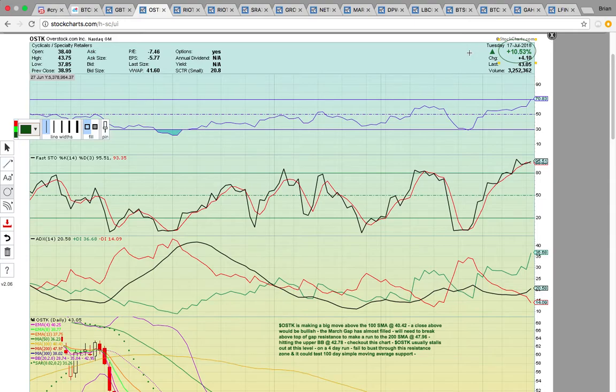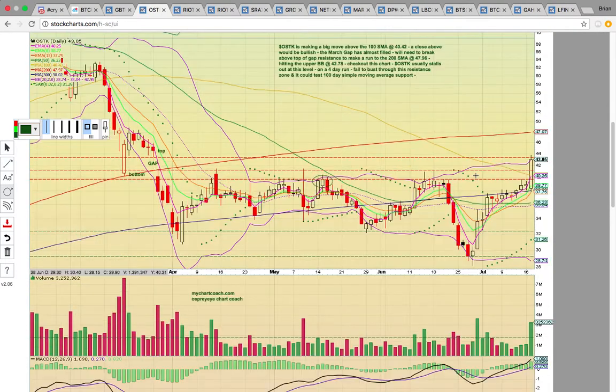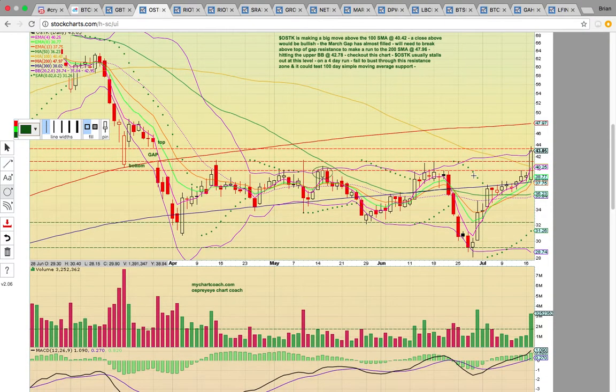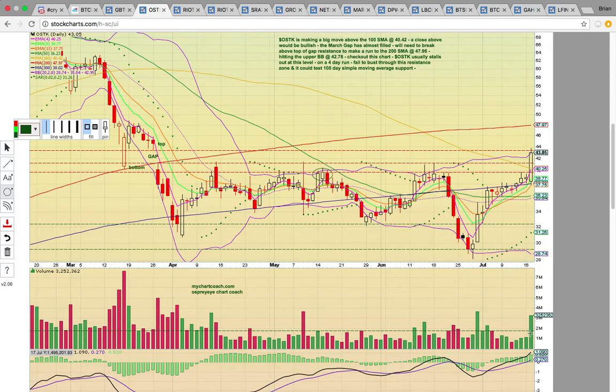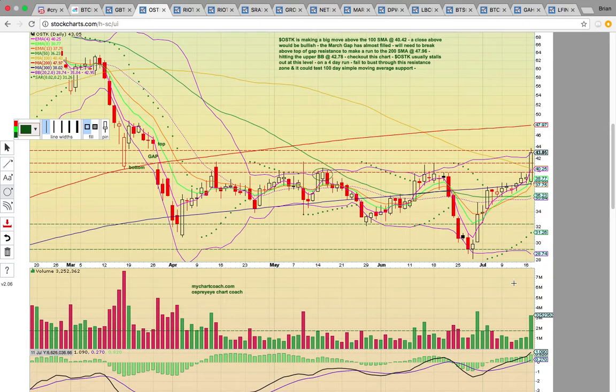They were up multiple hundreds of percent. I think some might have been over 1,000%. Yeah, they were going nuts today, and so this has been on a big multi-day run. This was the fourth day of the run, and what happened is it came up here and it filled the